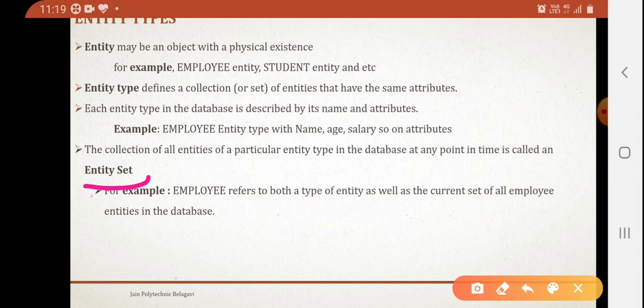For example, employee refers to both the entity type as well as the current set of all employee entities in the database. This is called an entity set.